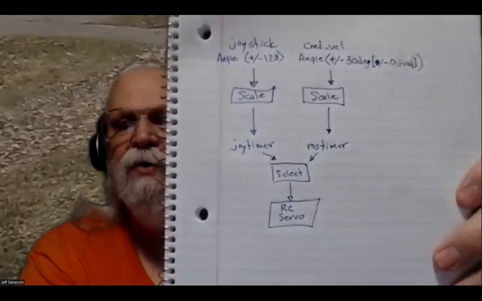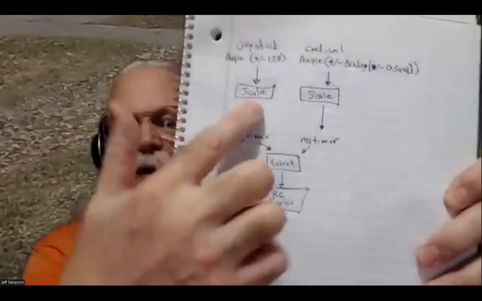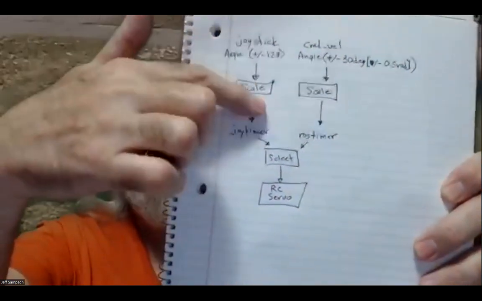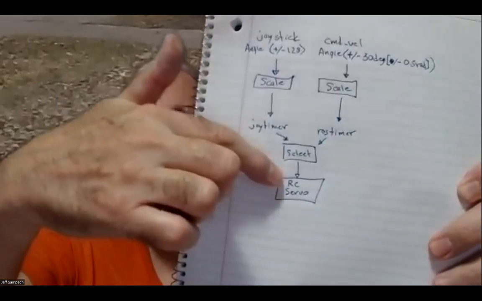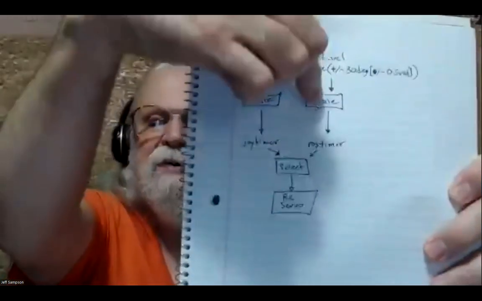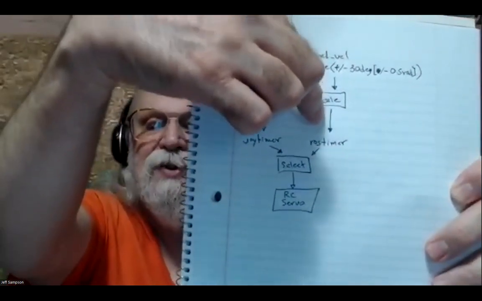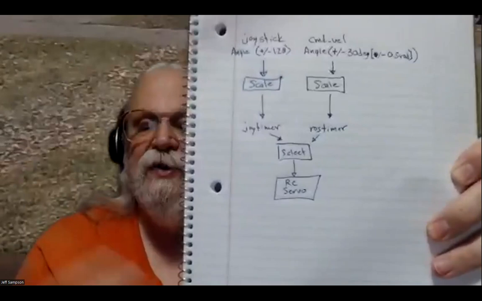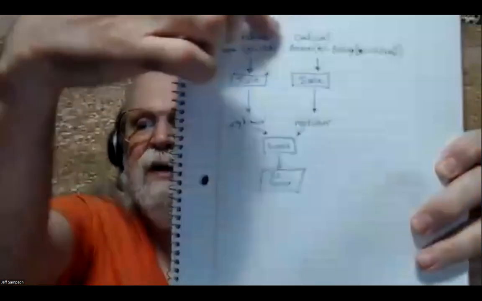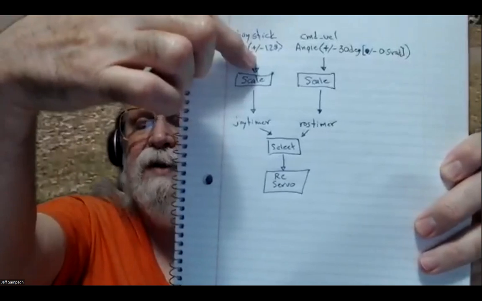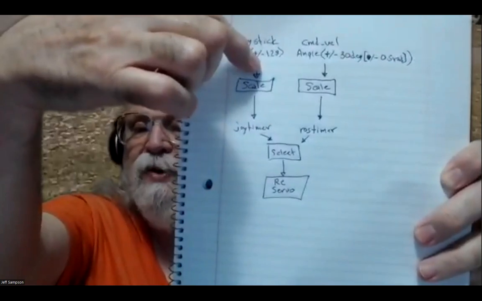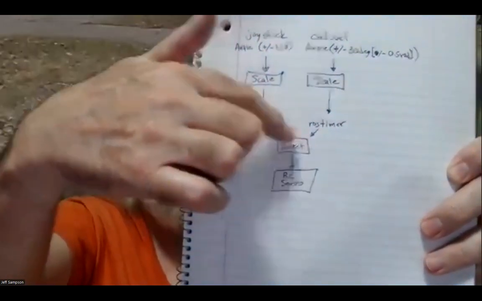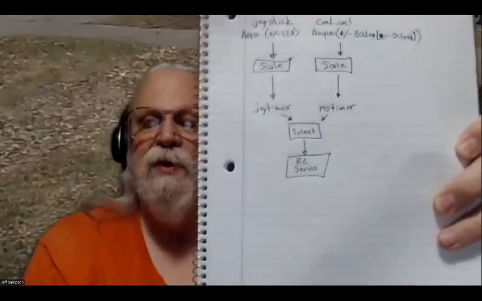Actually, this is the way I originally did it, where right now the joystick comes in multiplied by an arbitrary scale value, which scales it right to the RC values that I need. On the other side, I came in as an angle and was scaling the angle into something for the RC servo. Since those two don't match, it'd be better if I came in on the joystick and first scaled that to an angle. So this one says plus or minus 30 degrees, scale the joystick to plus or minus 30 degrees. So when I select from one to the other, they should just automatically work. I just need to move some code around and get that to work.